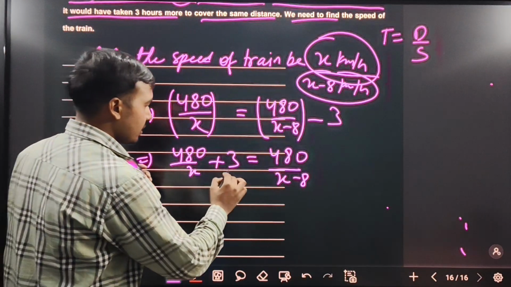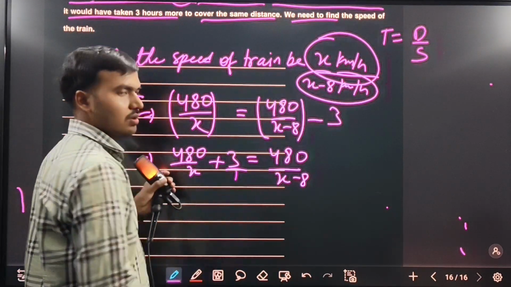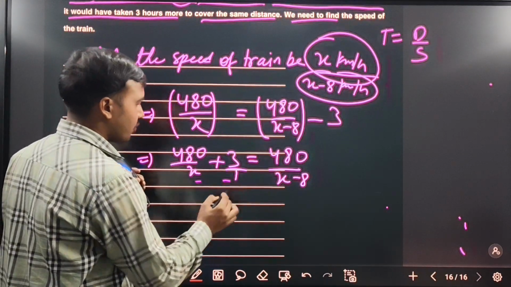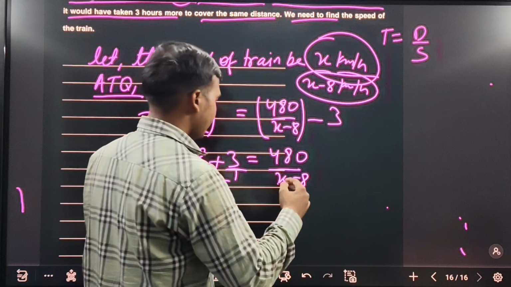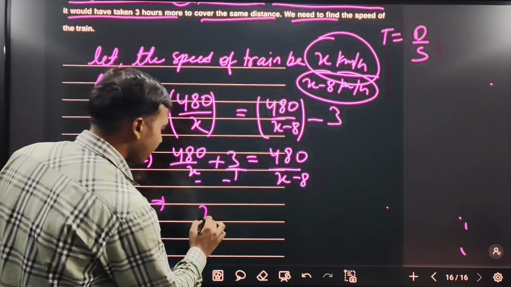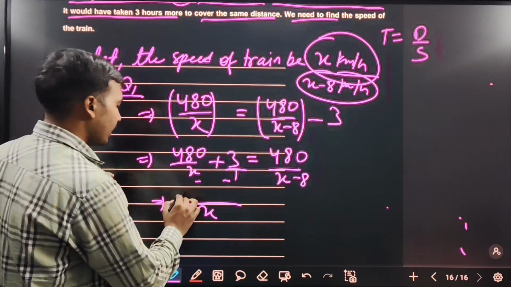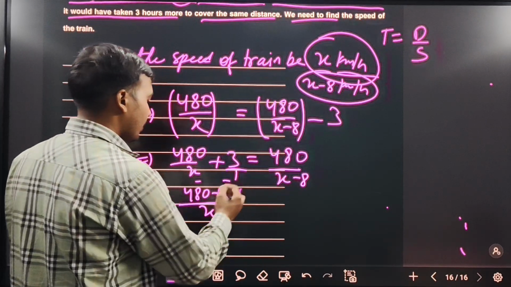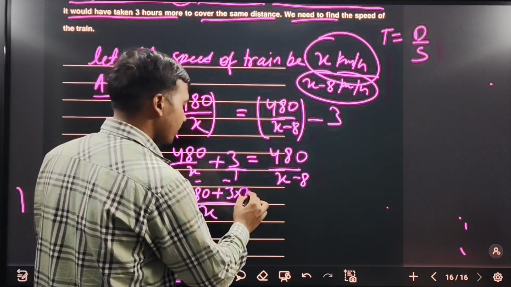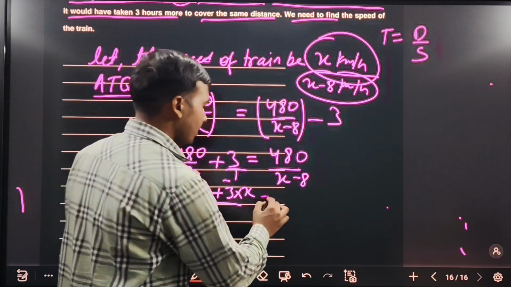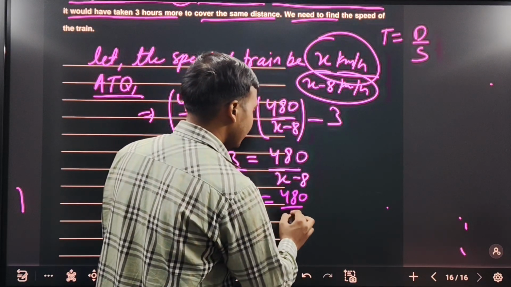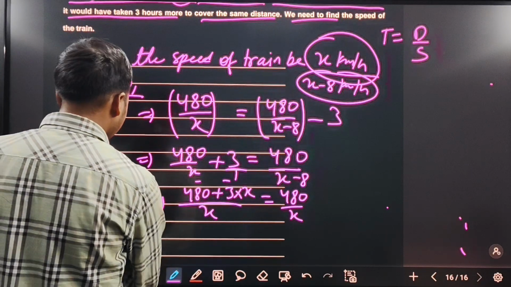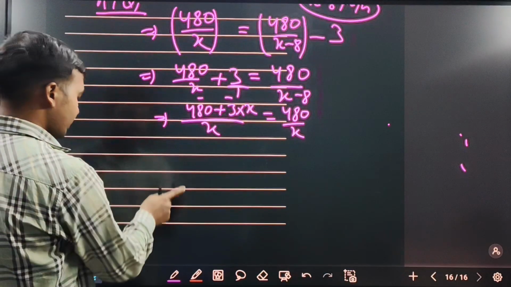So here the denominator is nothing, meaning 1. Then what you will do, you will find the LCM of both the terms, x and 1. The LCM of x and 1 will be x. Okay, so you will get 480 plus 3 multiplied by x, so it will be 3 multiplied by x, is equal to 480 by x. Okay, so on solving it further, you can write it as